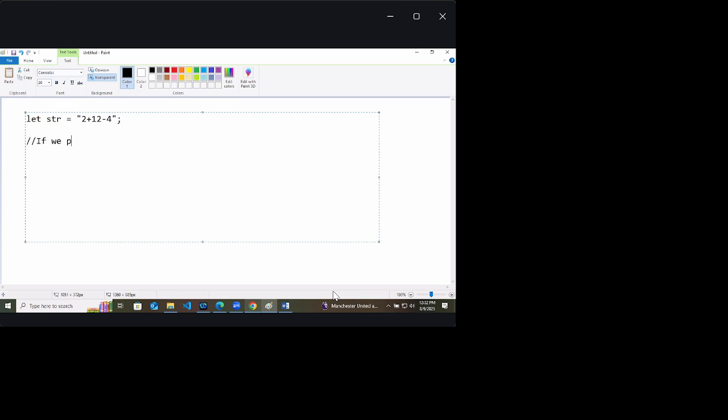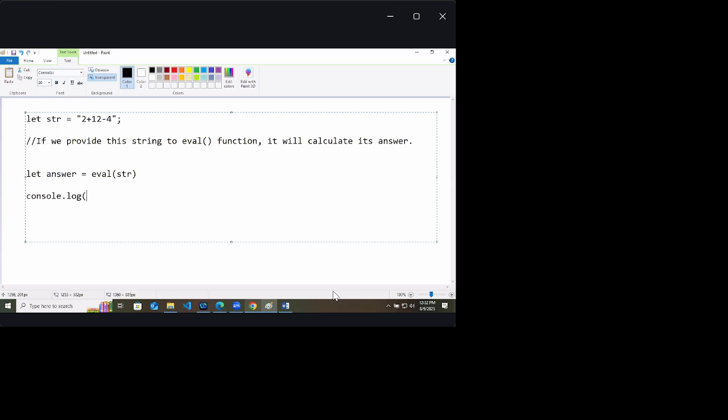If we provide this string to eval function, it will calculate its answer. So how it will calculate? Let answer. Who will give answer? Eval function. And what eval will take? str. Console.log answer.